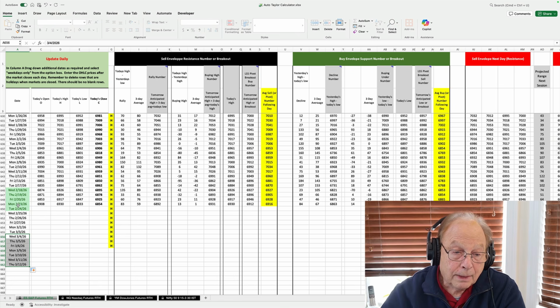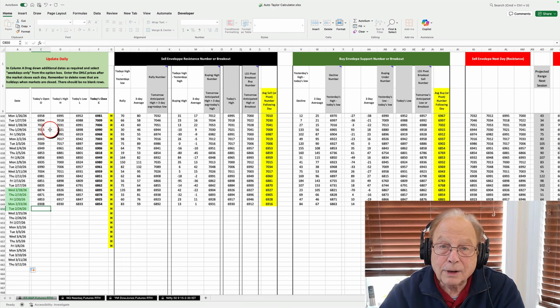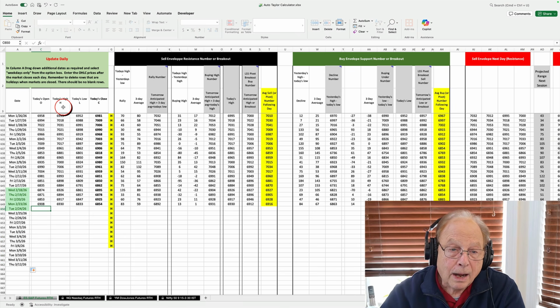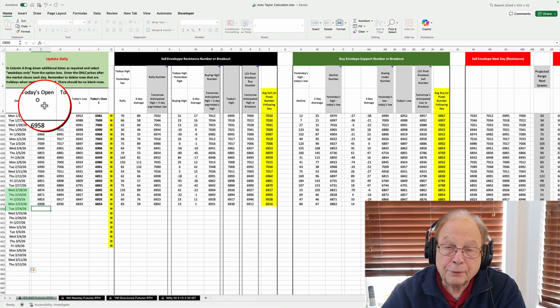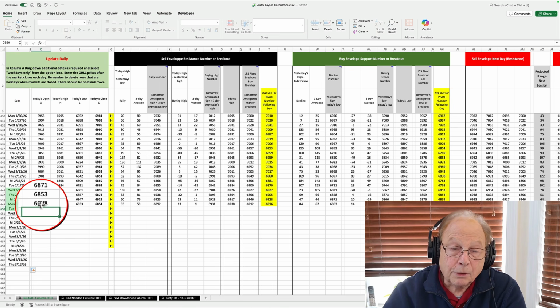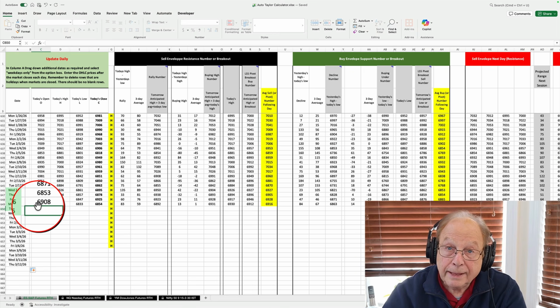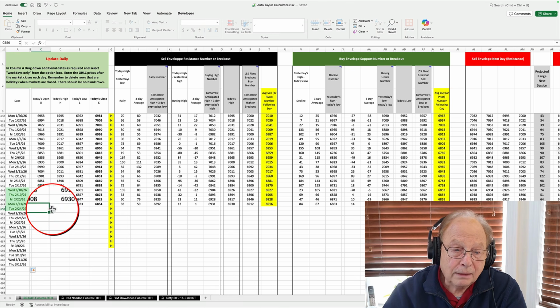So I have Monday, Tuesday, Wednesday, Thursday, Friday, and so on. Okay, you get it. And so the next 4 columns are the open, high, low, and close for the day. And you have to calculate these, or rather use the numbers at the market close. The open rather, is the 9:30 a.m. opening candle. Again, I use regular trading hours, not extended trading hours. So the 9:30 open, the opening candle, is the opening price in the leftmost column next to the